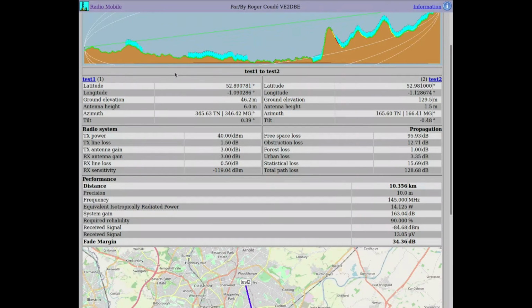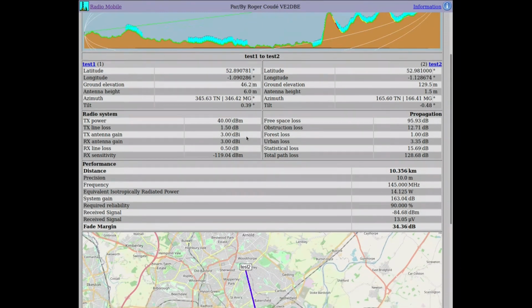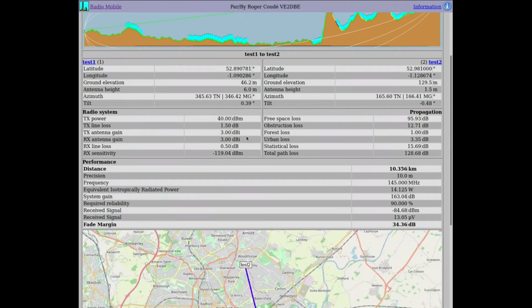Same with test 2 on the right. And then the radio system itself is described in here. So the transmit power, the line loss, again the information we've put in. On the right we've got the propagation information, and this talks about the losses from the different obstacles in the